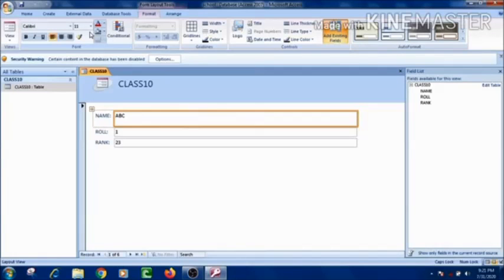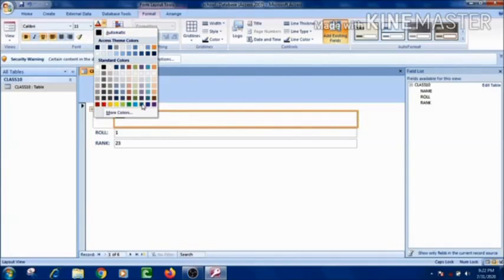But whenever we create the form by using the form command, we get two more tabs, the format tab and the arrange tab, and they are collectively known as form layout tools. By using the format tab, we can do the formatting with the text available in the form. Suppose that I have to make the name bold and underline, and we want to change the color, then we can also change the color.